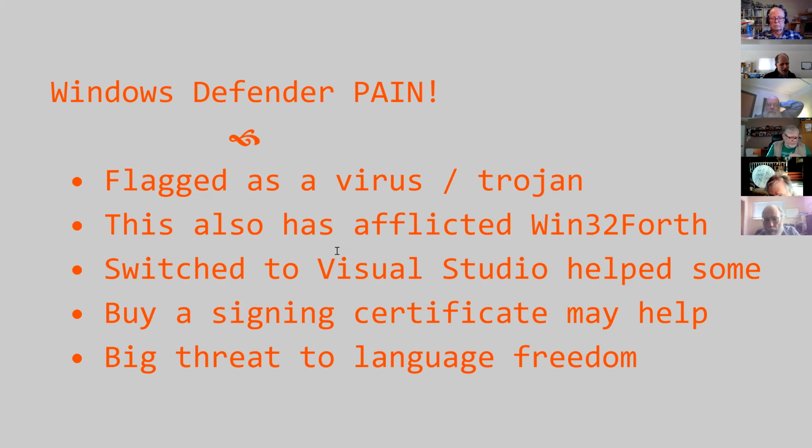I've fiddled around and found that if I build with, so I originally built with MinGW, which worked great in terms of being able to have it be one for one identical with the Linux version, because I could use computed go-tos. Switching to Visual Studio, I had to switch to using switch statements, and that helped in the sense that the 64-bit version now is able to pass by Windows Defender, but the 32-bit version is still angry. In general, I'm actually kind of saddened by this, because it's alarming to realize that it has